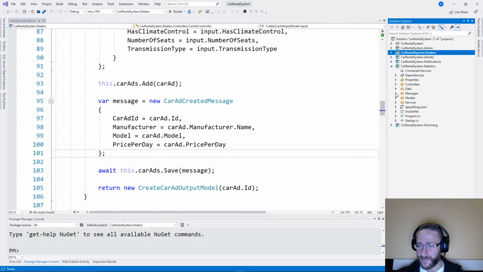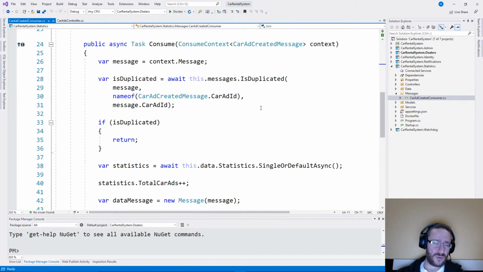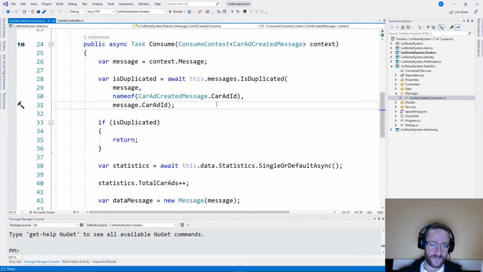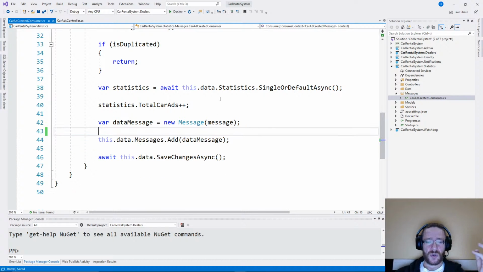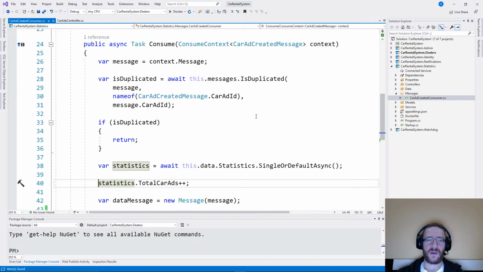The following message is processed by a MassTransit consumer here, which just gets the message, checks whether it's duplicated, and says something along the lines of: give me the statistics from the SQL server, add one because a car was added, and then save it. That's not relevant here. So the problem with this approach is that this value is not atomic, which means that if two cars are added super fast in our application,